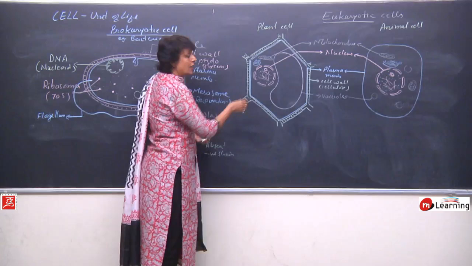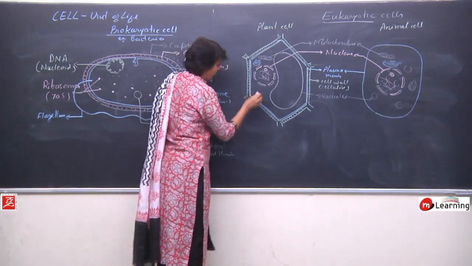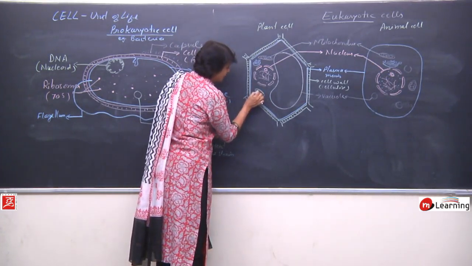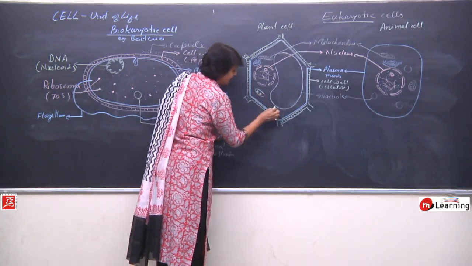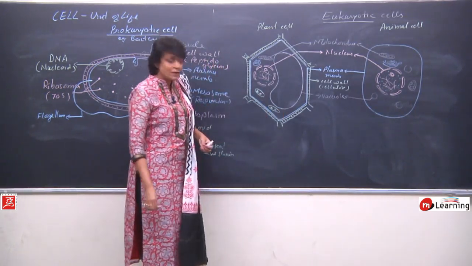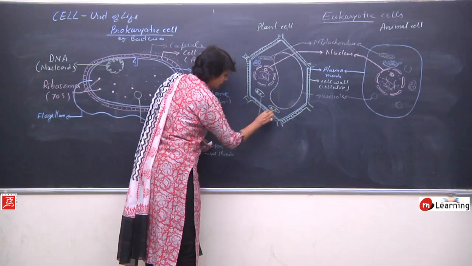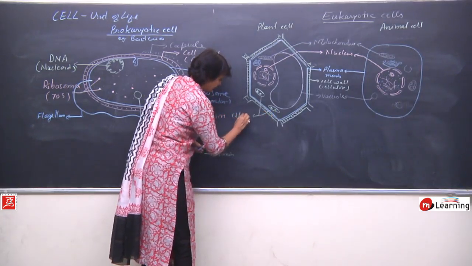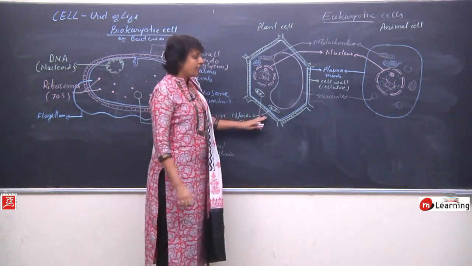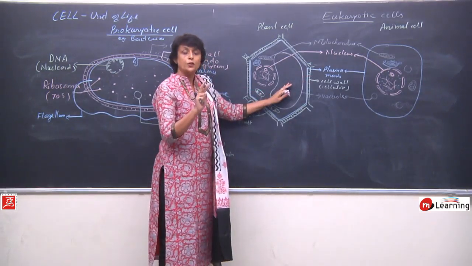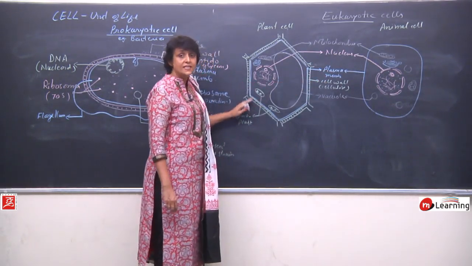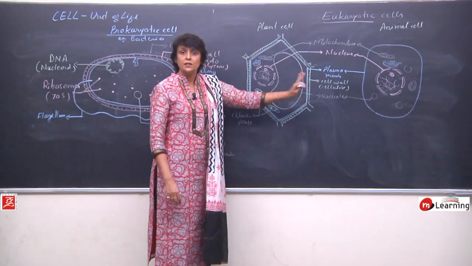Another structure which we find only in plant cells is the plastid or chloroplast. Chloroplasts are structures which have grana and stroma, and in the thylakoids of grana there is a green pigment called chlorophyll. So this is the chloroplast, exclusively present in plant cells; these are not found in animal cells. So far there are two differences. Plant cells have a cell wall, animal cells don't. Plant cells have plastids like chloroplast, animal cells don't.